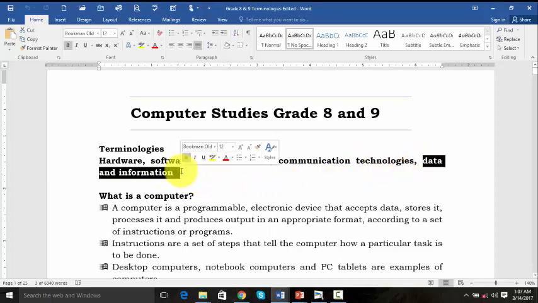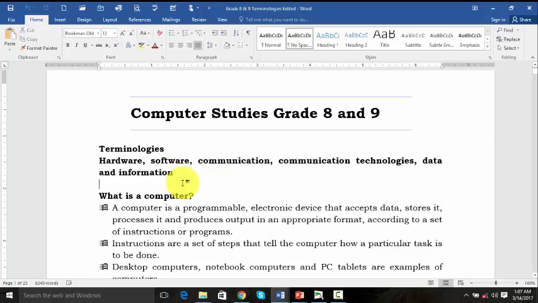So, in short, terminologies are the language which is used in computer studies, just like in other subjects, for example business studies. You have words like office etiquette. In a subject called history, you have oral traditions. That is the language which is specifically used in that subject. Also in computer studies, we have the terms which we use here.